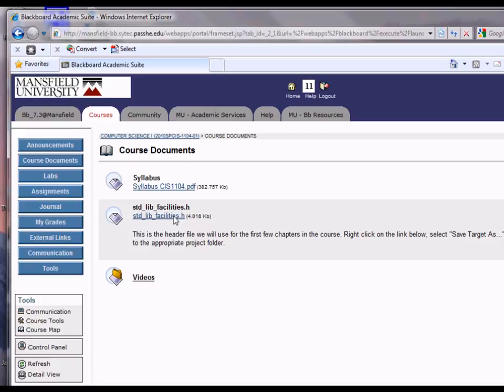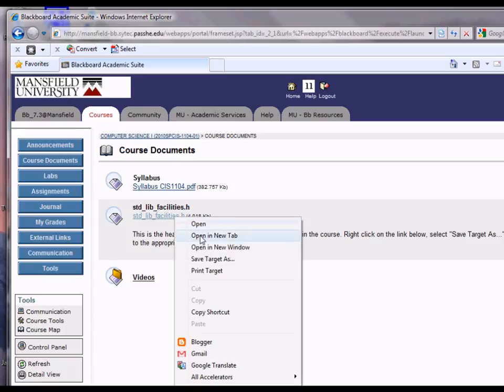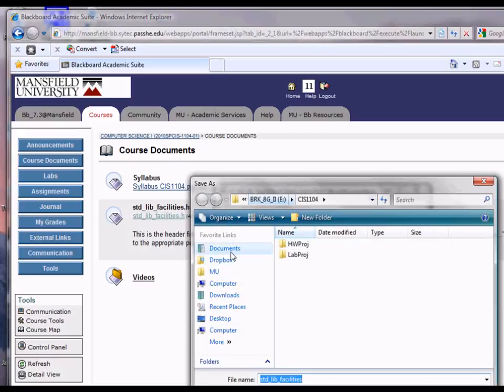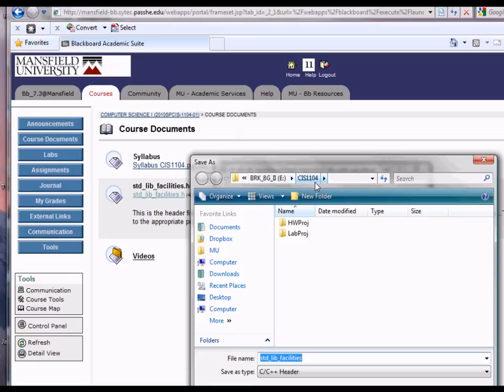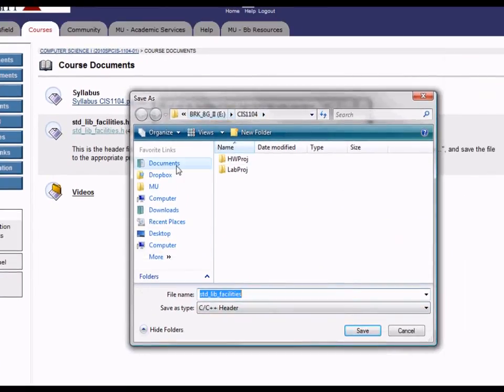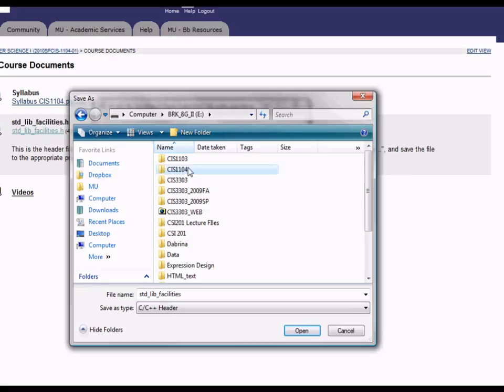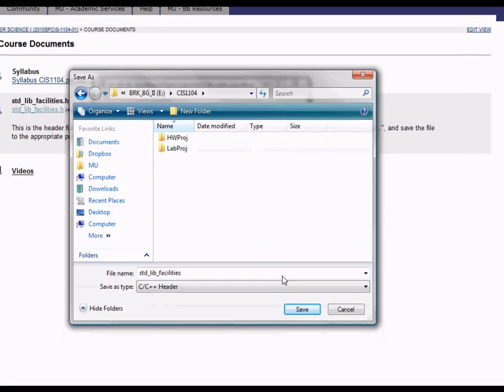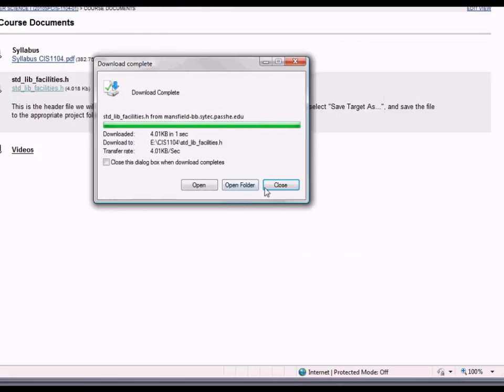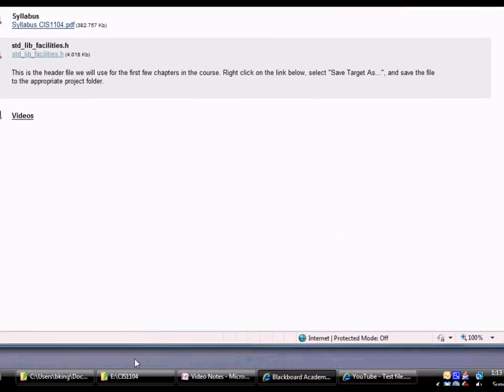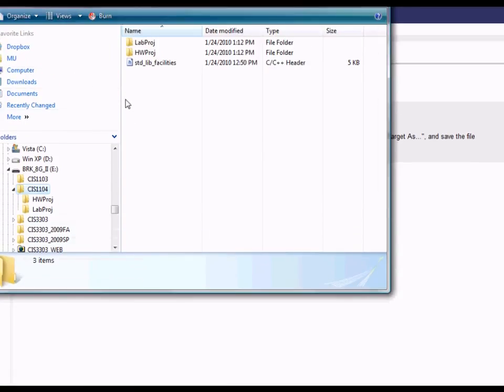Right click on Standard Live Facilities. You should see an option called Save Target As. Select it and navigate to the CIS1104 folder if you're not there already. I don't want you going in one of those two folders, just go to the CIS1104 folder. I'm already there, but if I wasn't there I could go to Computer and E drive CIS1104 and I'm there. All you do is click Save, close, and if you open up the window that shows the contents of this folder, here it is,